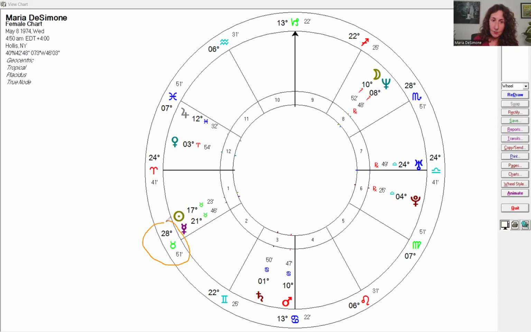In the whole sign house system, it would be 0 degrees Taurus. In the Placidus, it is 28 degrees 51 minutes Taurus that begins my second house. Third house would begin 0 degrees Gemini. It begins 22 degrees 26 minutes of Gemini based on this birth time, and so on and so forth, okay? We are going to be looking at 3 houses in particular, all of them intermediary, and we're going to talk